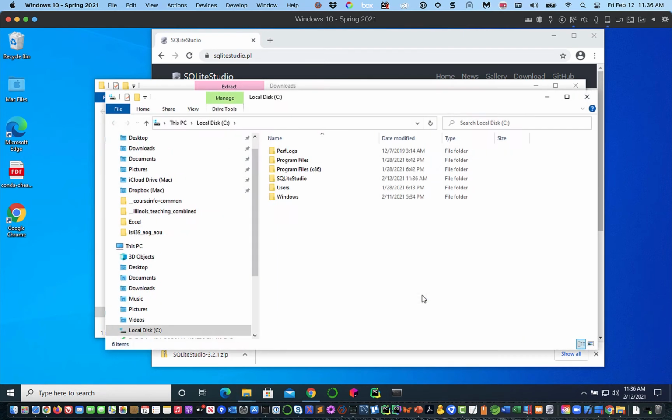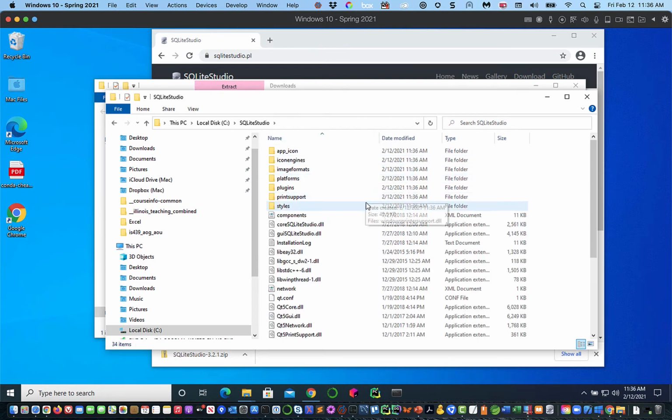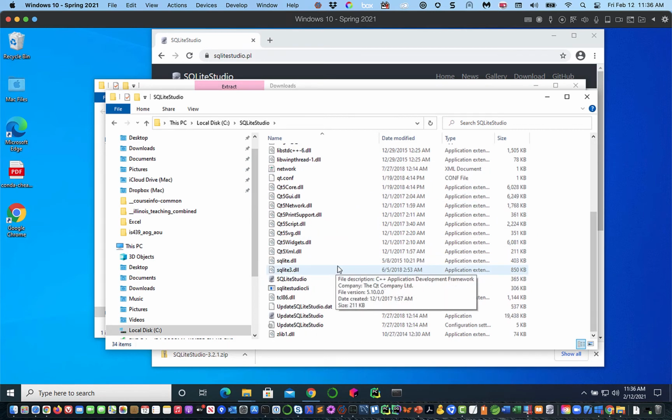And shouldn't take too long. And there we go. And then you can see that it's here in the directory. So I'm going to double click on the directory that we have now populated for Sqlite Studio and open it. And I'm going to go down and find the program that is executable. And it is called